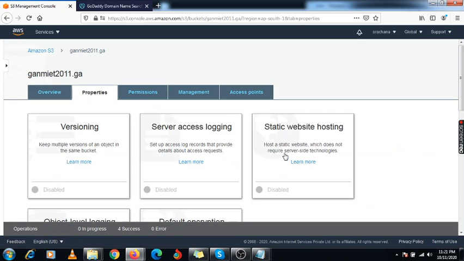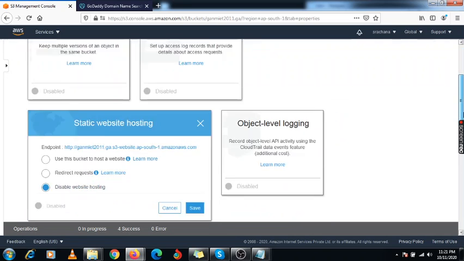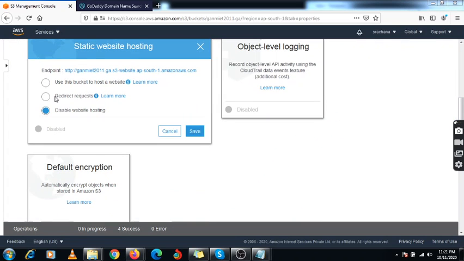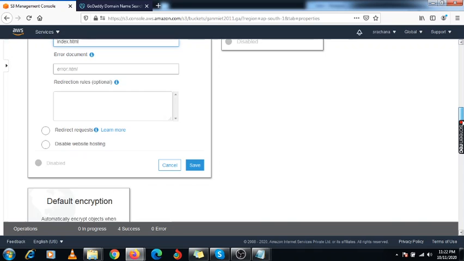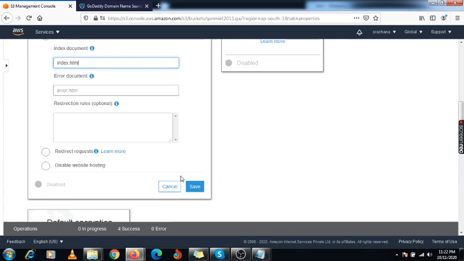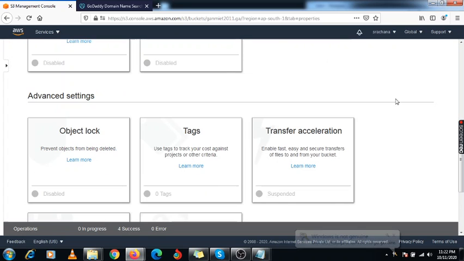This is the option you will get, static web hosting. Under static web hosting, you need to choose the option to use this bucket to host this website, and you need to specify the file name, the HTML file. So the web page file you need to specify here, and save it.